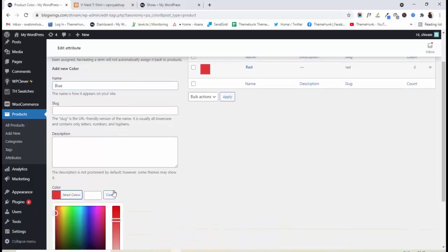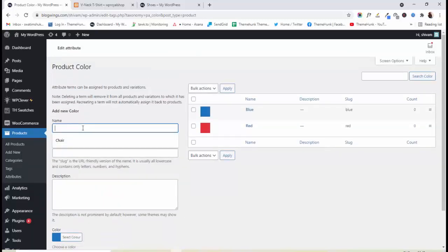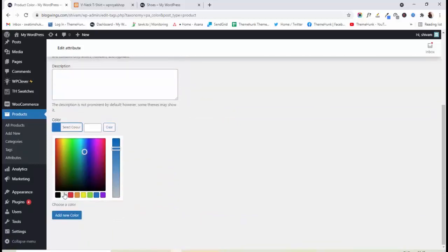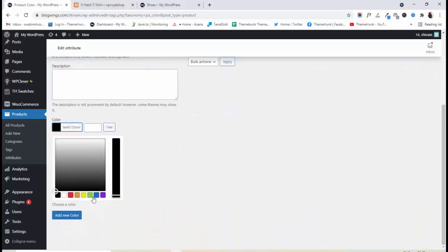Leave the slug empty. Choose color. Now another one, black. Add new color. Like this, you can add unlimited colors.